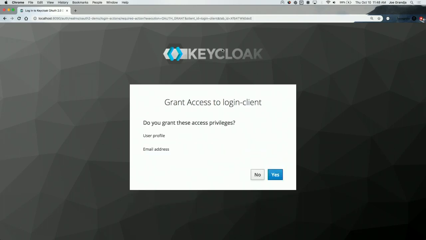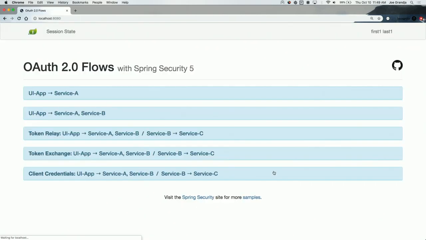Okay, so now it's going to ask me, the end user, do I grant access to this login client to have access to these certain scopes, which are profile and email. Those are the two other ones other than OpenID that we requested. And I'll say, yes, we do. Okay, so now we've been redirected back over to our application, and already we have our first and last